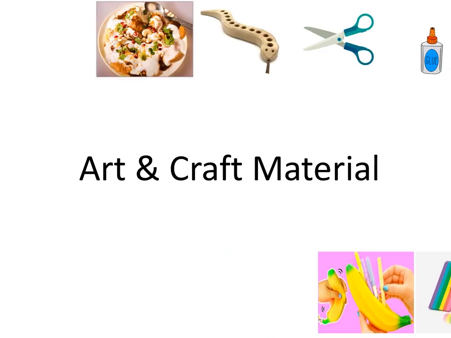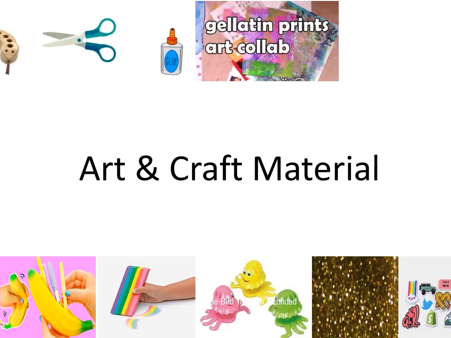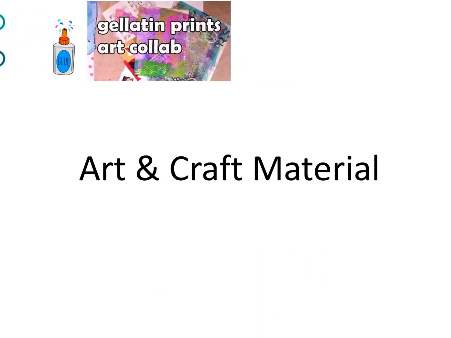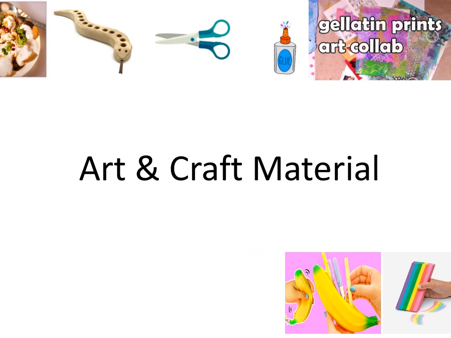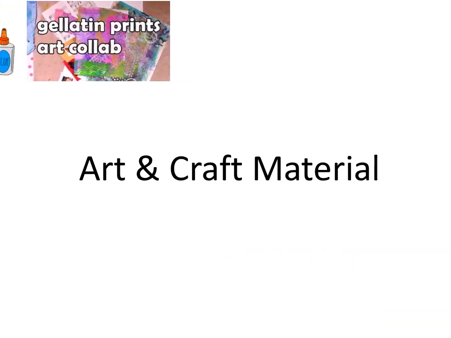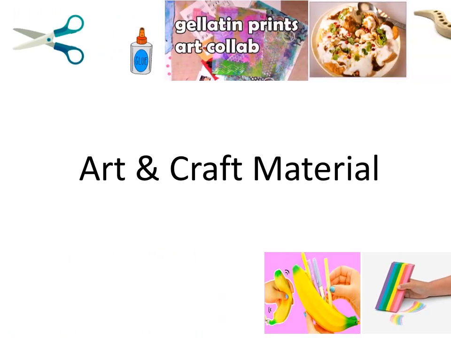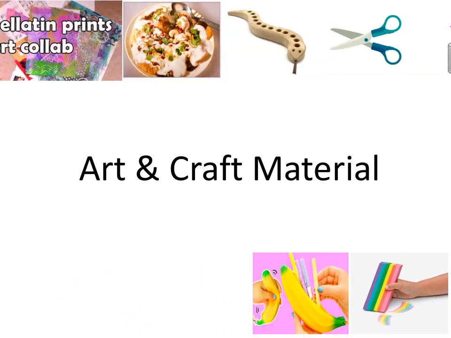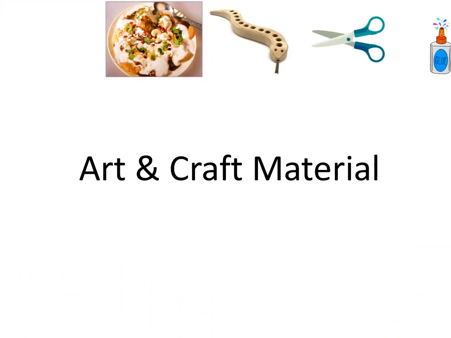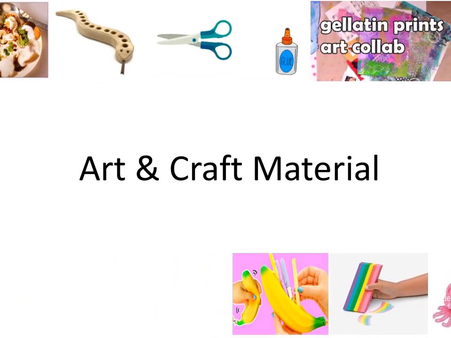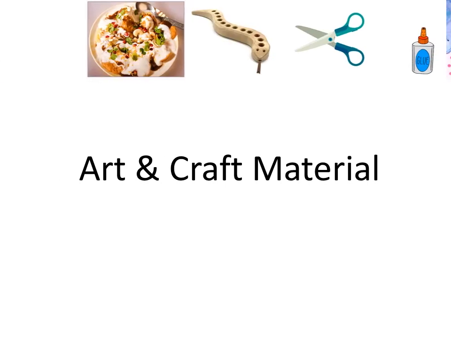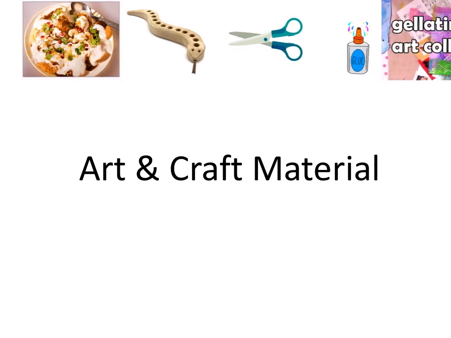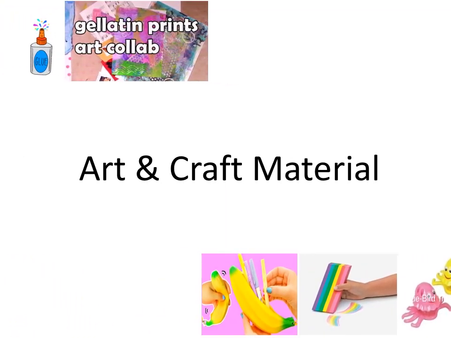So let's recall all the craft items. So the first thing is king ate chaat. So the first thing which I have to get is chart paper. Second, snake shape. So I need to get a pencil holder. Okay, the third one is tree, scissors. Kite, glue. Okay, because it's not able to fly, and stars want to look colorful with gelatin paper. Okay, then sixth one is banana shape color pencil box.